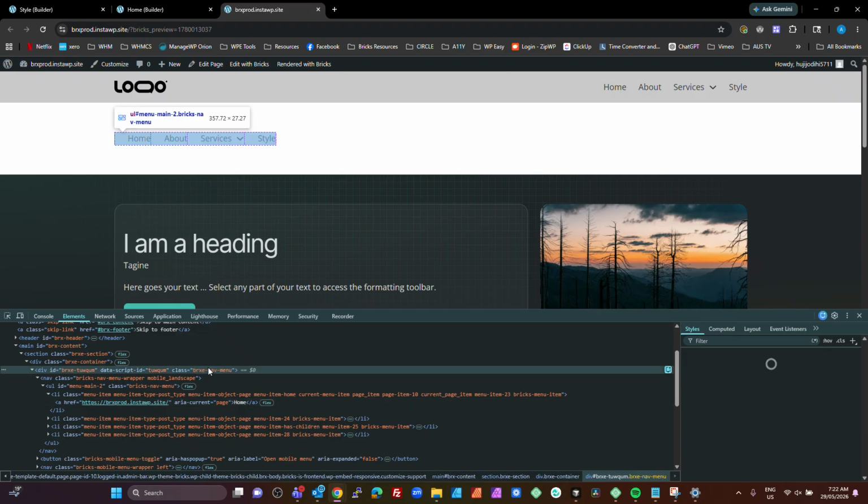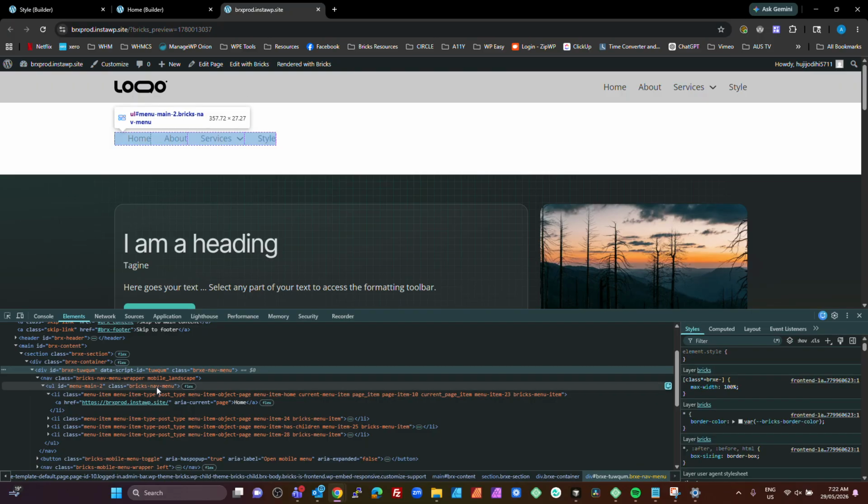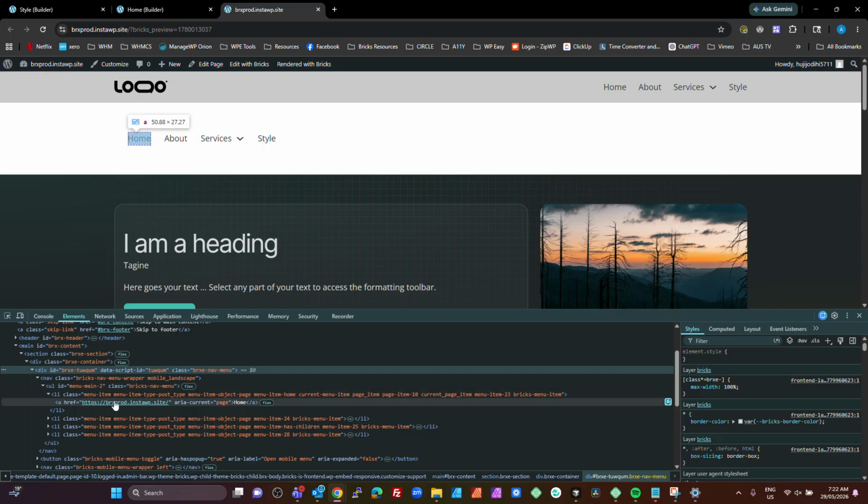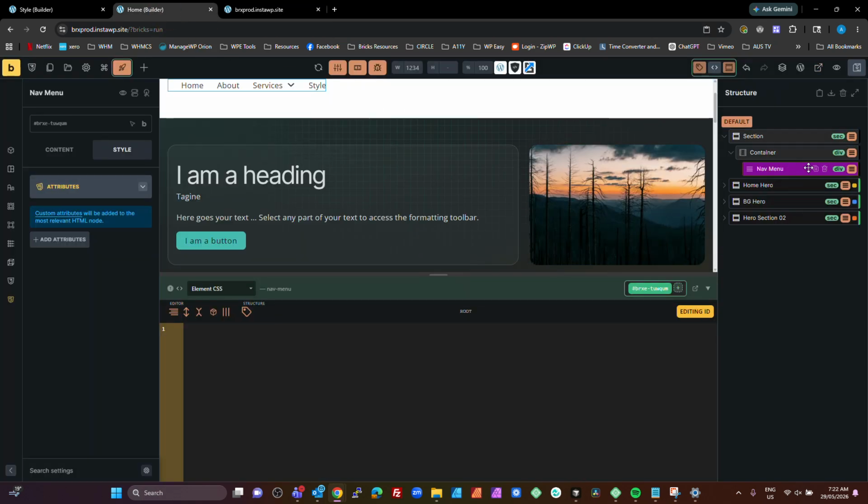That's what we inserted. Under that, we have a class which is Bricks nav menu wrapper. We have Bricks nav menu. We have Bricks menu item. So these are all underneath that one structure there, even though we only added a single element on the screen. So what we can do here is we can target that. We add a class or from the ID, and we can do